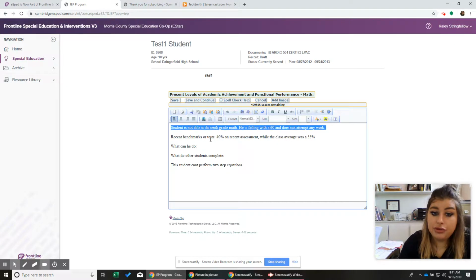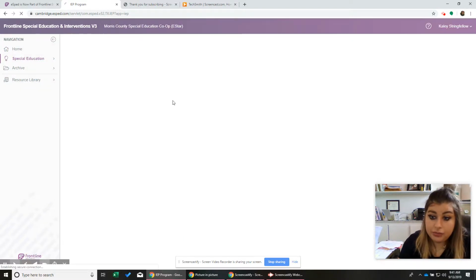So if you just have this one line of present level, that really tells me nothing. I have no idea. He's failing. What is everyone failing? What can he do? I don't need to know if they're passing or failing. What can they do compared to other students and on grade level TEKS? Okay. Sorry, I know this section was long, but it seriously is the most important thing in the whole meeting.